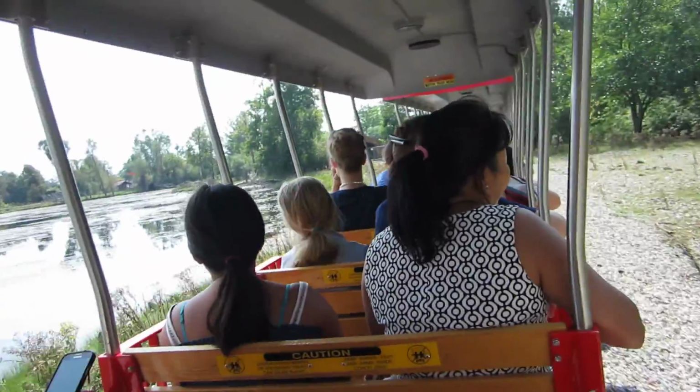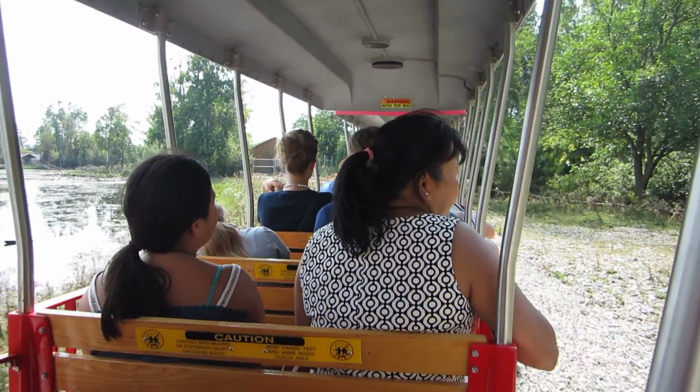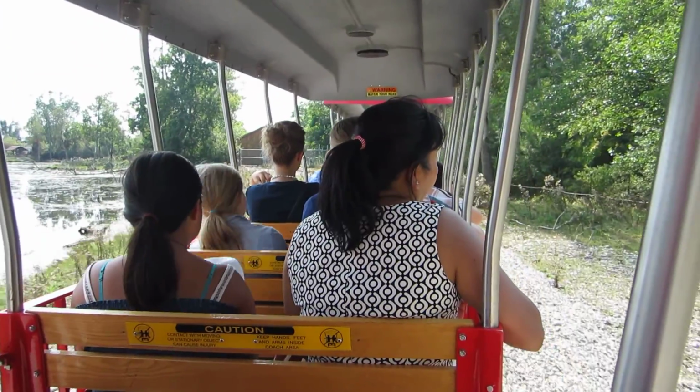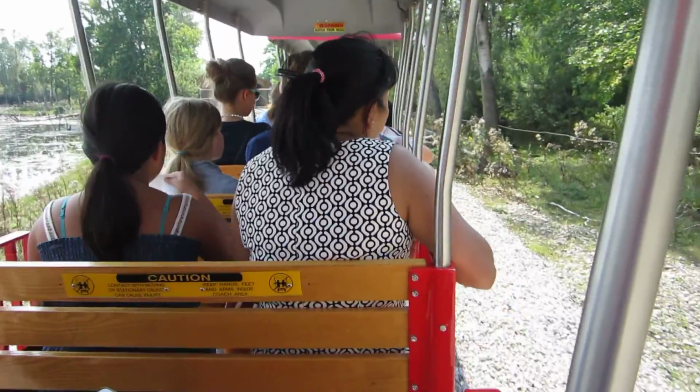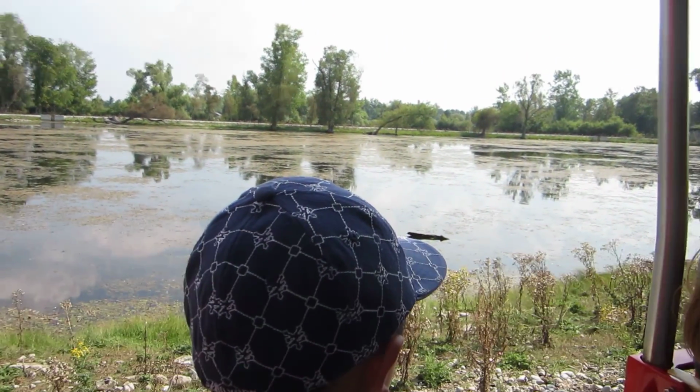Unfortunately, our tour of this reserve is now coming to an end, and I ask that you please remain seated until the train has come to a full and complete stop at the station. Once you exit the train, the path leading off to the right-hand side is the gateway to the show areas, including the